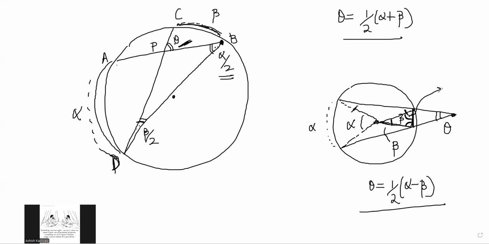This angle is actually 90 minus beta by 2, right? I also need to find this angle somehow because that is also equal to these two, right? So, okay, so